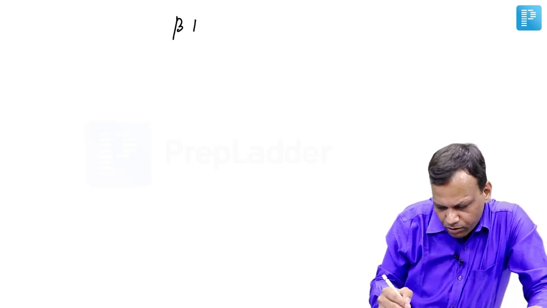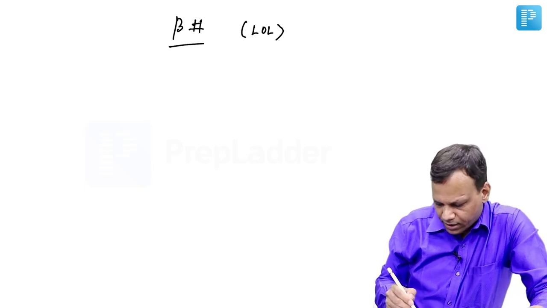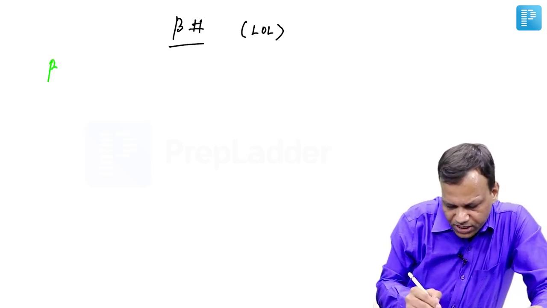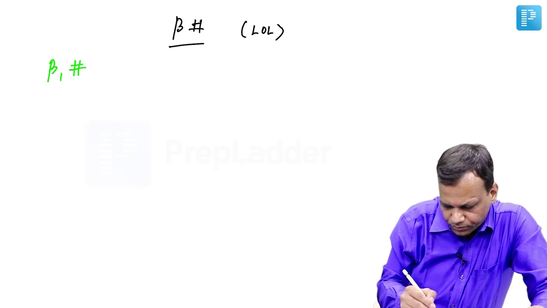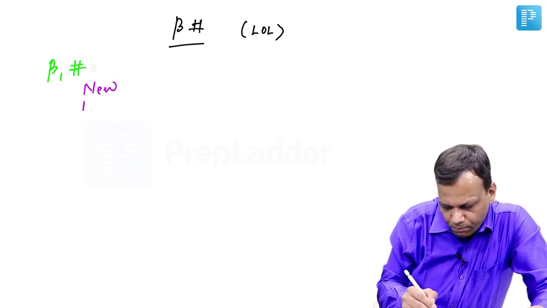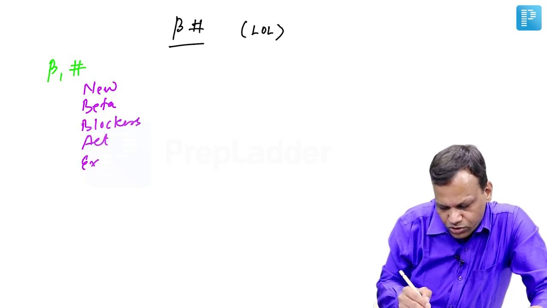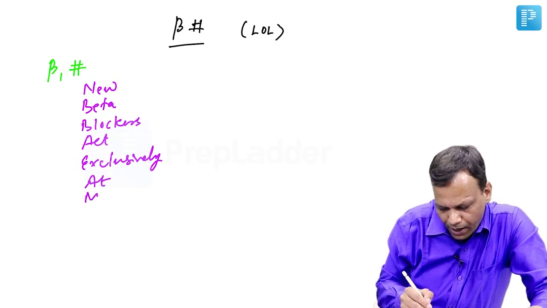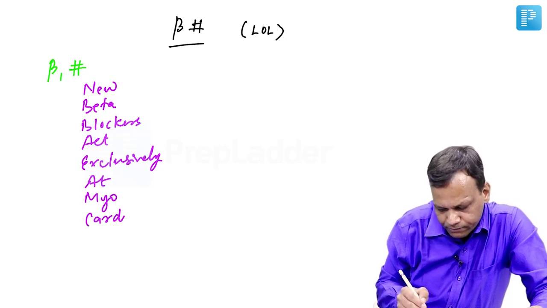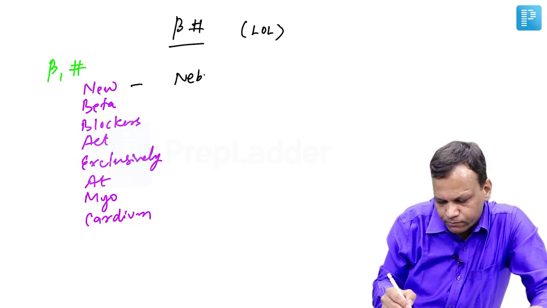Now moving to beta blockers. Beta blockers are the drugs ending with lol. There are cardioselective beta blockers which are blocking only beta 1 receptors. They are remembered as new beta blockers act exclusively at myocardium. The drugs in this group include Nebivolol,